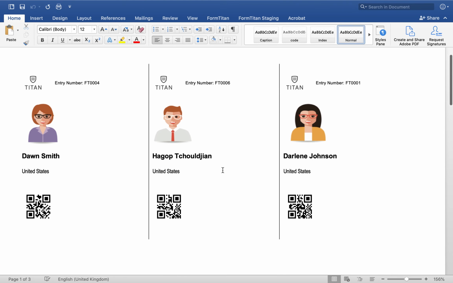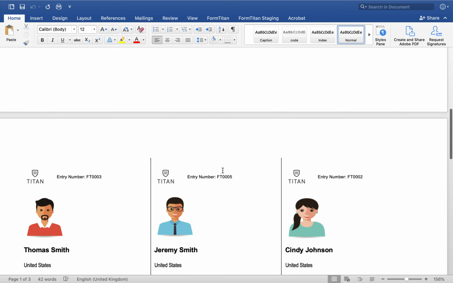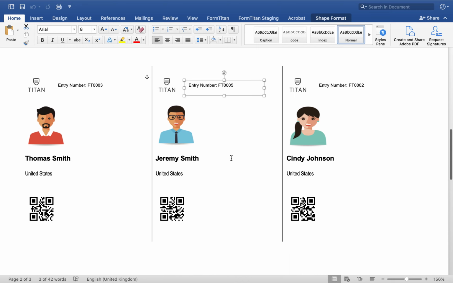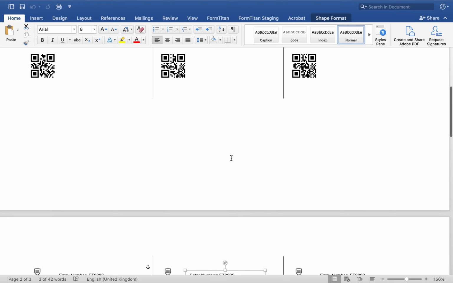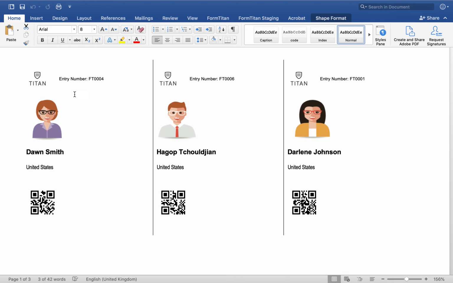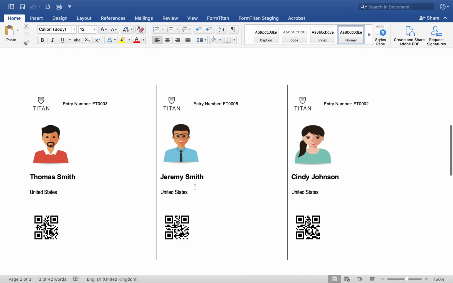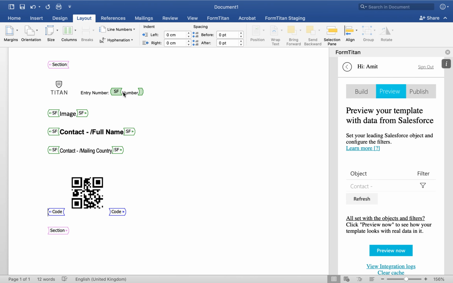Alright, not bad. It's actually come out really, really nicely. So there it is. These are the badges. Looks pretty good. Just need to make a minor adjustment here, but that's fine. Yeah, looks overall very, very good. So this is how the badges can come out. You can split them out in the rows, and yeah, they look really, really nice. And you can really fully customize them to whatever you want, really. It's up to you. So without further ado, what I'll do is I'll just move this down a little bit,